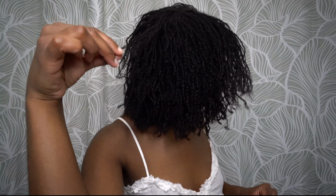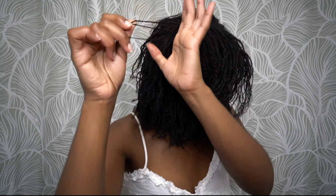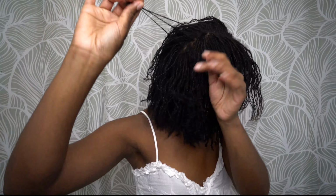So in the middle of my hair I have a little bit more resilient hair texture. It doesn't seem to accept moisture as quickly as the rest of my hair does, and it seems to just do its own thing, a little bit like a weed. It just grows. But what happens is that I don't know if you can see this, but the roots are kind of thick and the ends are kind of thin,